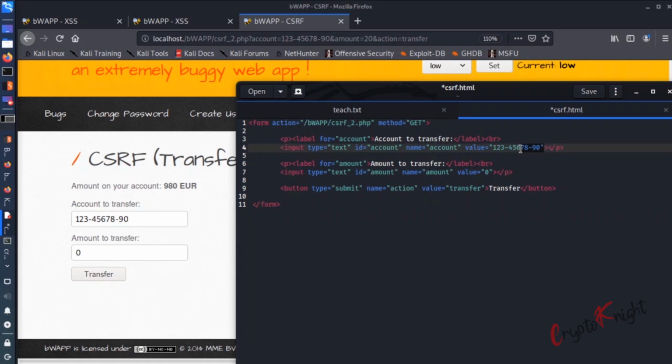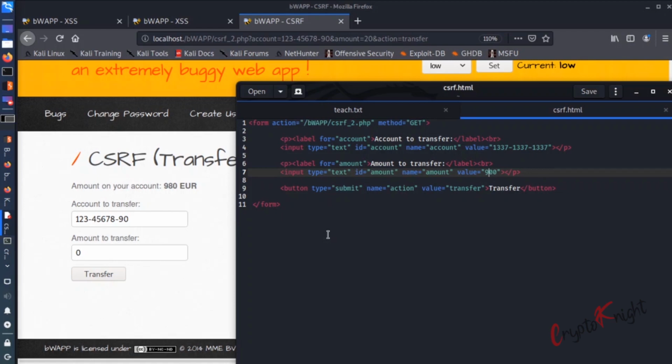My account is 1337, 1337 and 1337. Let's say this is my account number, okay? And he has 980 euros in his bank. I will request 900 euros. So this is the attacker's account number and this is the money that the attacker will steal from the victim.